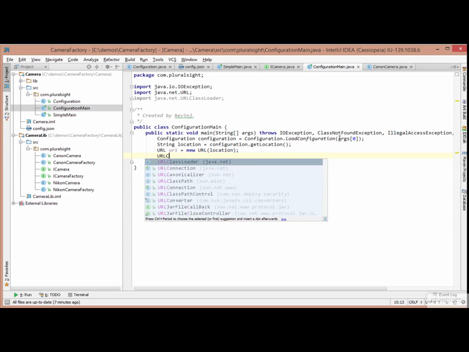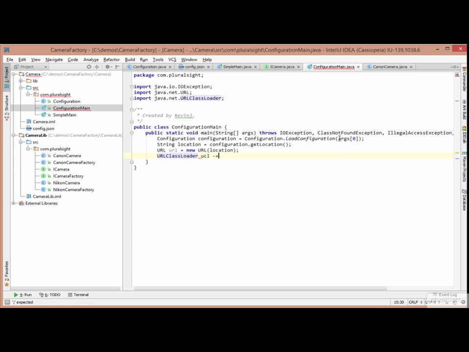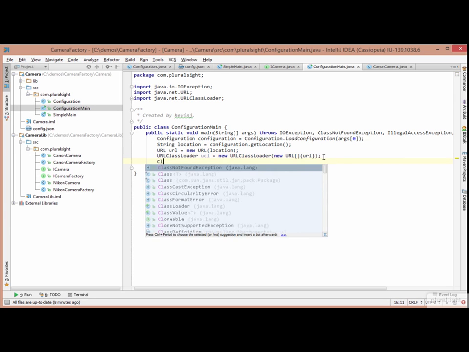So in here, we'll specify location, and that URL is then ready to be used by a URLClassLoader. So I can now say URLClassLoader ucl equals new URLClassLoader, and I can just pass it this array of URLs. So I can say new URL array, and into this, just pass in the URL we've just created. Once we have this URL, we can then load an instance of the factory. And we can do that by using Class.forName against the factory name as part of the configuration. So the code will be something like